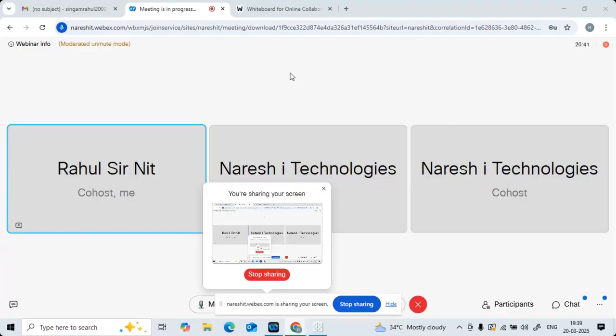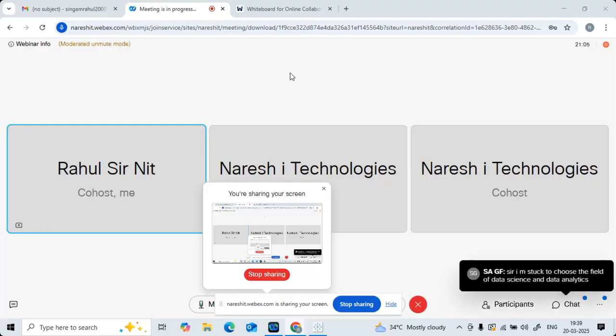Inside data science we have different roles: data scientist, data analyst, business analyst, as well as data engineer, ML ops engineer, artificial intelligence engineer. Different opportunities are there. In that specific key area, what we are focusing on is data analytics and business analytics.